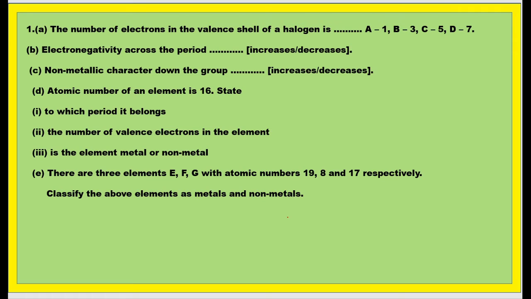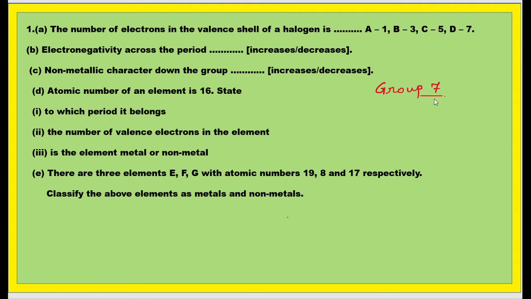This first question is an MCQ which I framed in a fill in the blanks form. So what is the question? You need to find the number of electrons present in the valence shell of a halogen. So first of all, you need to know what halogens are. Which group do halogens belong to? Halogen belongs to group